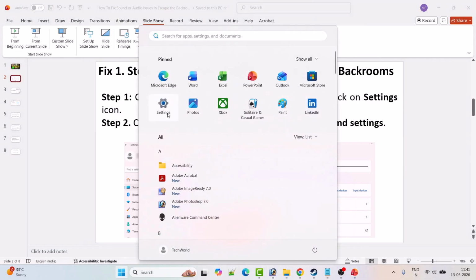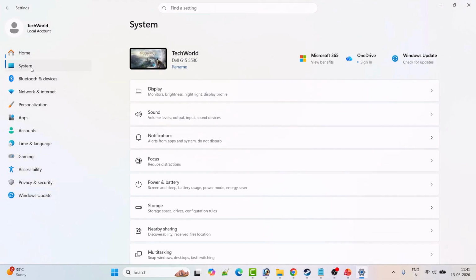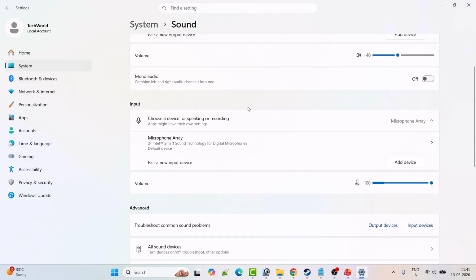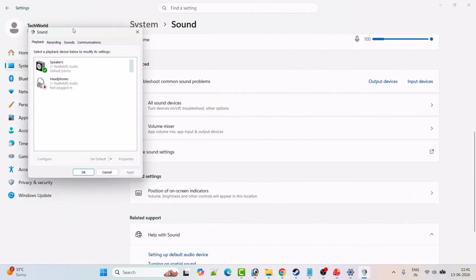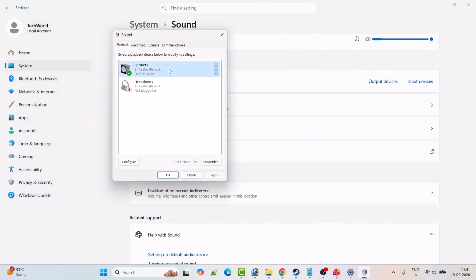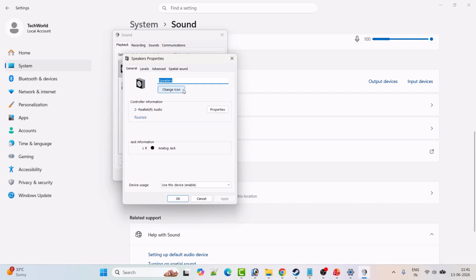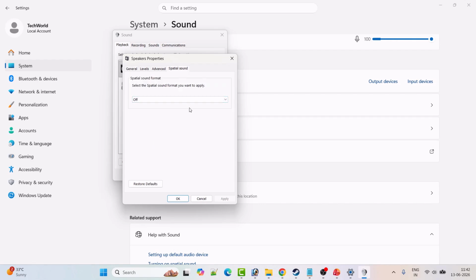Open Windows settings. On the left click on System, then click on Sound. Scroll down. Under Advanced option click on More Sound Settings. Now select your default device, for example speakers, and then click on Properties. Then go to the Spatial Sound tab, and from the drop down first select the Off option, then hit on Apply, OK, and then you can go ahead, launch the game and check if sound or audio issue is fixed